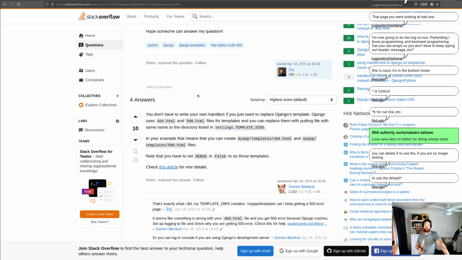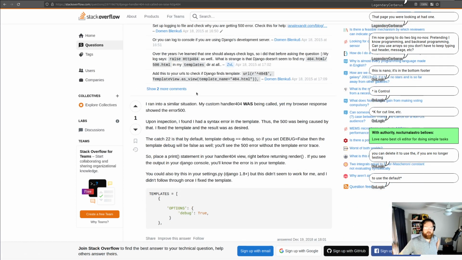Django uses 404 files as the template and you can replace them by putting the file in the same templates directory, which is what we've done originally. They're not helping us because we've got to pass through some custom stuff into it. Yeah. My custom handler404 was being called, yet the browser response showed